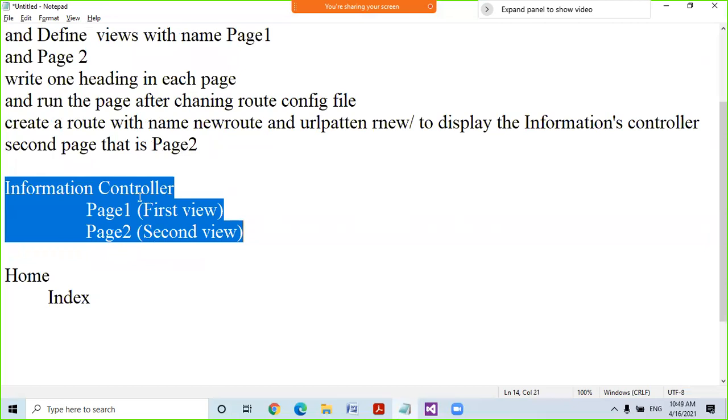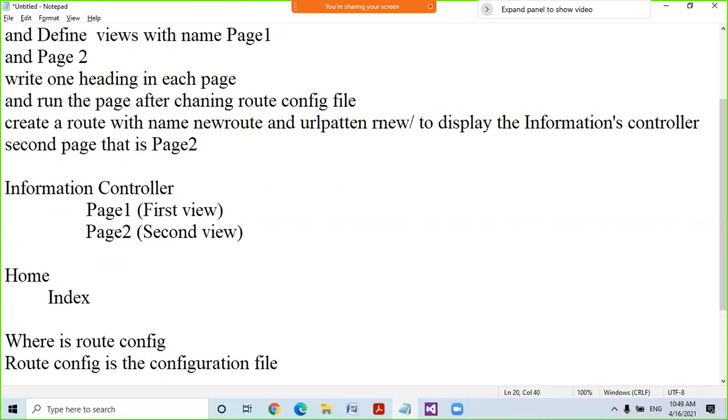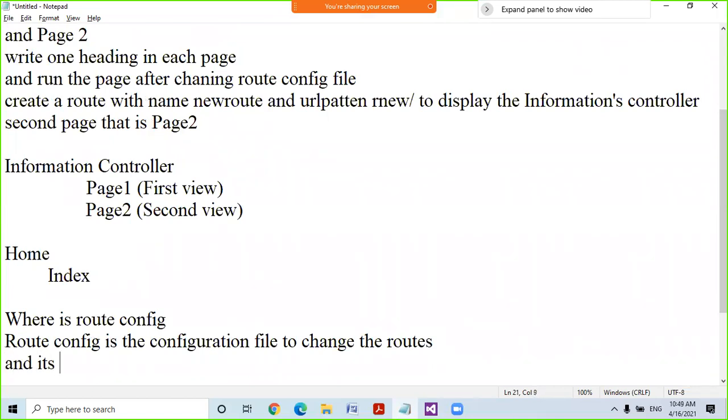According to this structure, that is the information controller and page 1 and page 2, we have to configure the route config. So where is the route config? The route config is always present as the configuration file to change the routes, and it's present in the App_Start folder. Okay, so let me show you practically.